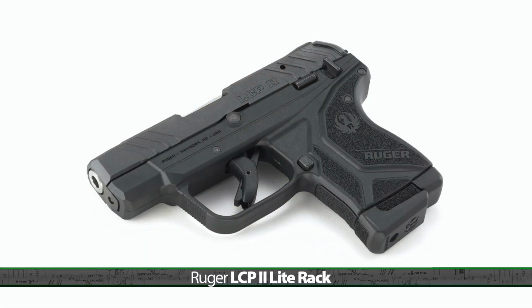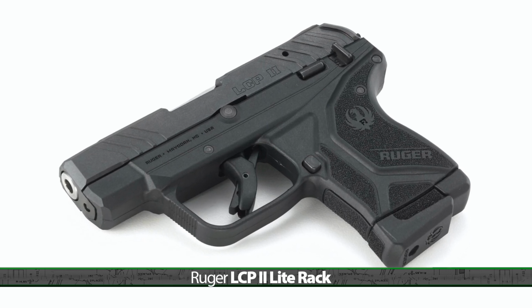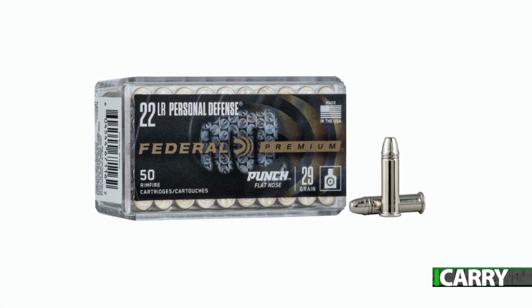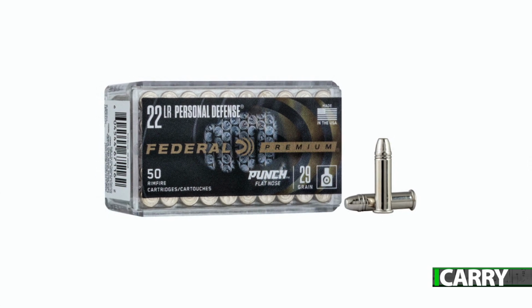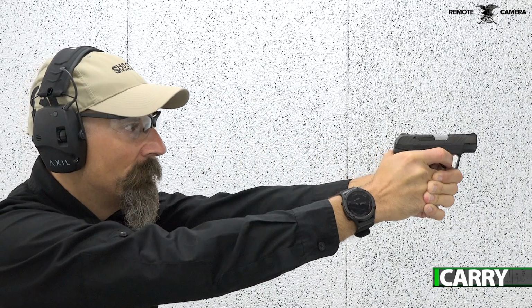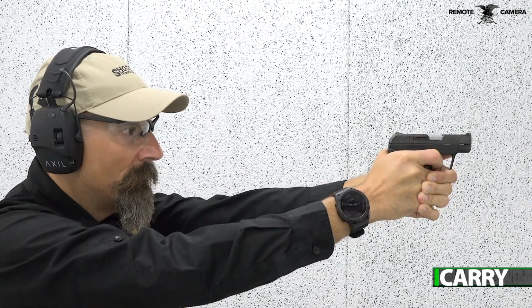For any number of reasons, from limited grip strength to recoil aversion, some folks may consider options like Ruger's LCP2 Lite Rack in .22 long rifle. Recent developments in defensive .22 long rifle ammunition, specifically Federal Ammunition's new .22 Punch, make the rimfire round more suitable for defensive use. This new offering presents consistent ignition, faster velocity, and solid projectiles that redefine .22 long rifle as